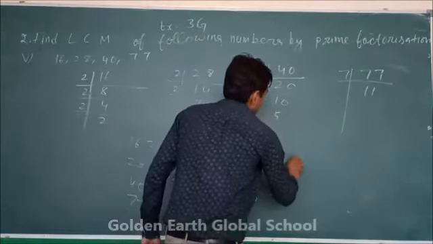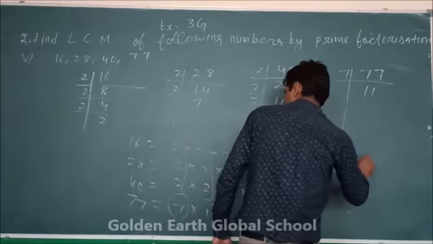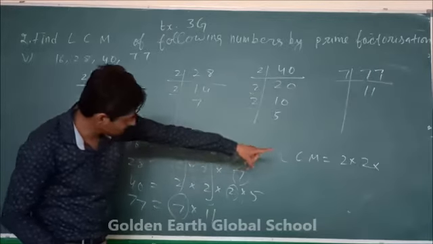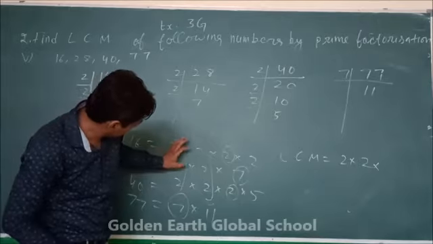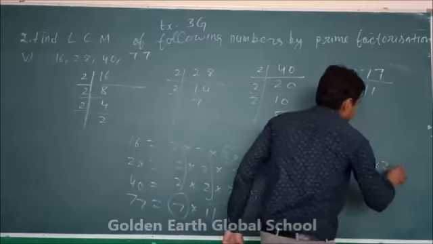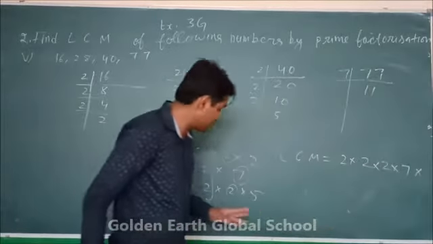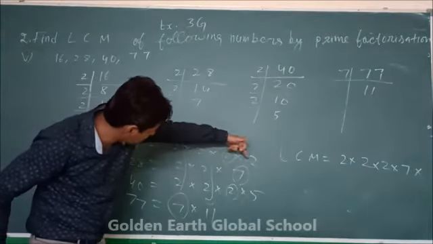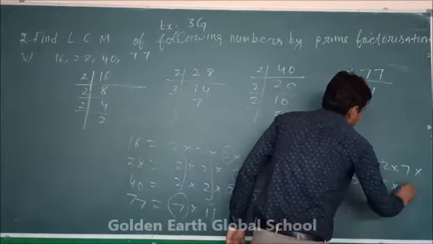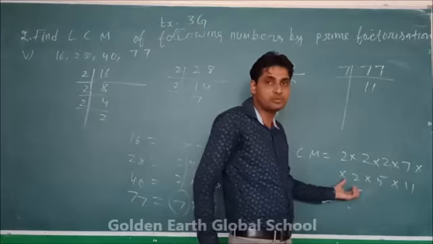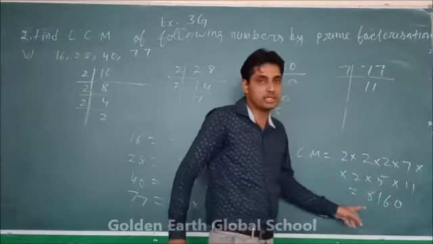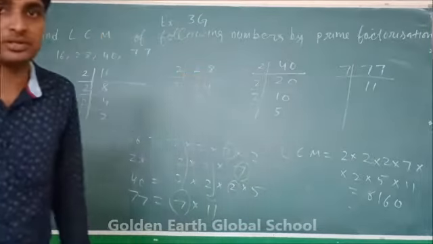Okay, so write LCM 2, okay, and 1. This 2 is common, we write one time. Okay, then I have to write 7, then this 2. Okay, other numbers which are left you write also on right side. Okay, 2 5 11, 2 5 and 11. You have to multiply it. Okay, so it is 6160, that is LCM.